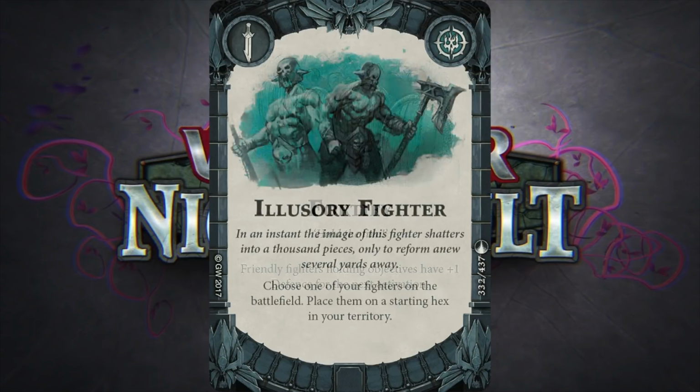I've then got Illusory Fighter. Now this is on the ban list and it's not one I normally take, but you can take one of your fighters and place them back on a starting hex on your side. And this could be handy if I do decide to run Skritch forward to do some stuff, because my plans for him is mostly stay at the back